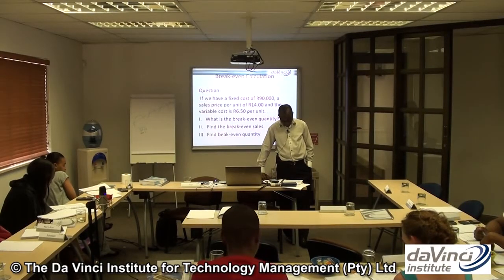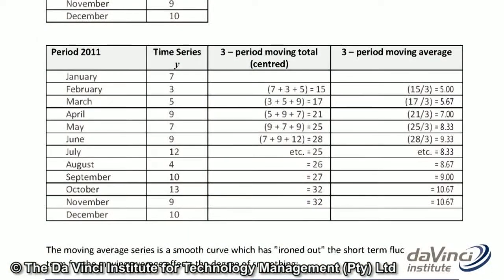Okay. So the last table, where it says time series Y and the periods, your moving average depends on what you have decided to use. You could use a 3 moving average, you could use a 5, a 5-centered moving average, you could use 2, you could use 8, depending on the size of your data. So let's look at one that uses the 3-period moving average.